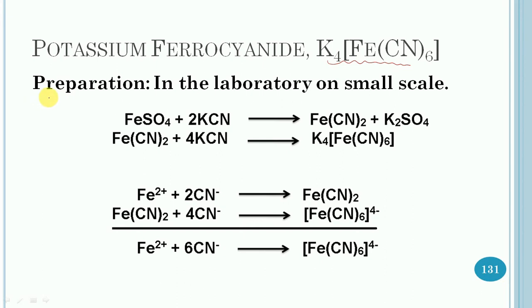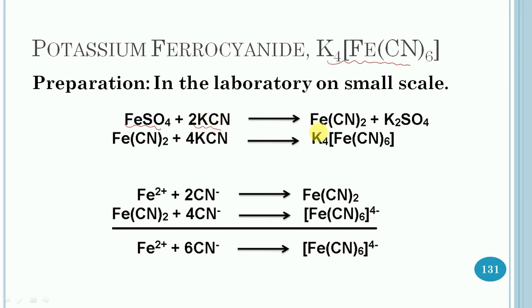First of all, the method of preparation of potassium ferrocyanide. The first method is used in the laboratory on the small scale production. In this case, solution of ferrous sulfate is mixed with